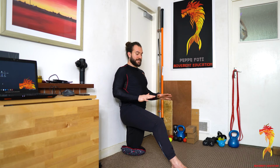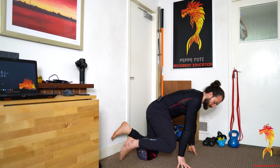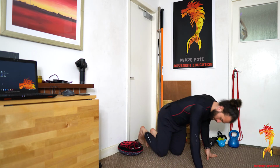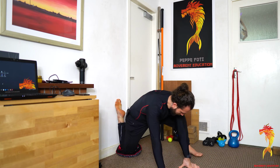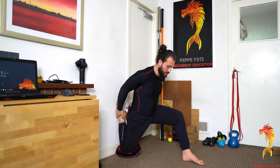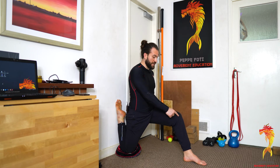We're gonna release this position, so both hands down, and then come out of the stretch. We're gonna repeat the same process going to the right leg. So, a couple of centimeters away from the wall, we lunge forward, you come all the way up. Remember, the first thing that you do is you make sure that that foot is further forward than your knee,